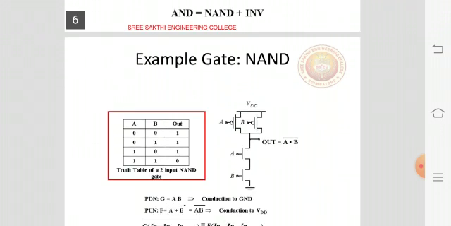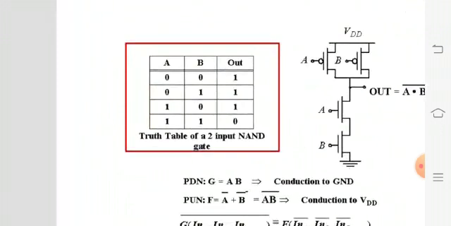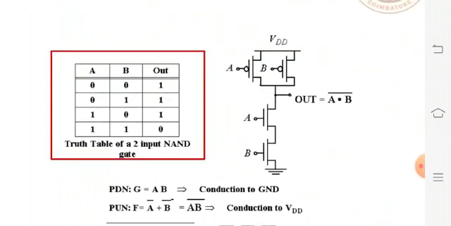Next one, NAND gate. So for NAND you are able to draw the CMOS logic. It is shown in the figure. At the bottom you can say it is PDN and at the top you can say PUN. So PDN is NMOS which is always in series, and PUN, that is PMOS, is always in parallel. You can obtain the output of NAND, (A dot B) whole bar, by using the condition AB. So AB are the inputs. If you apply 0 0, output will be 1, and A equal to 0, B equal to 1, output will be 1. Similarly, for A equal to 1, B equal to 0, output will be 1. A equal to 1 and B equal to 1, output is 0.